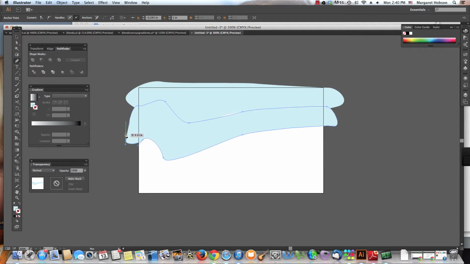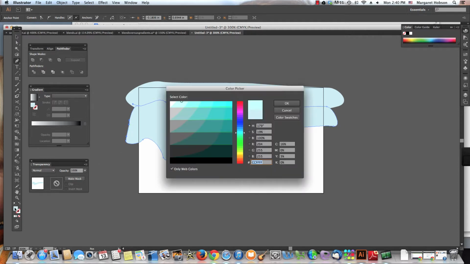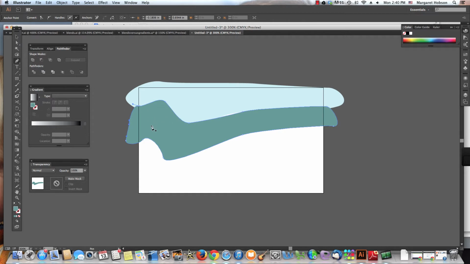Close this shape. Okay, now what I can do is I can take these two shapes, shift click them,